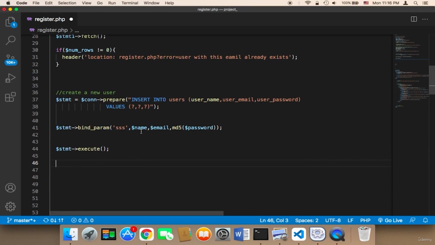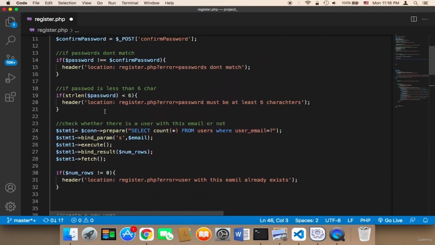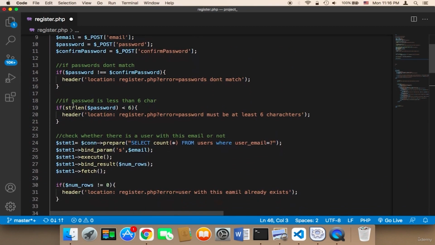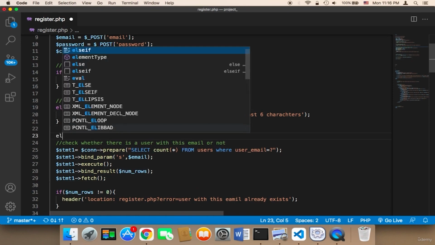But for now, what we want to do is that we need to fix the code a little, because the code now is getting complicated. So in order to fix this code, I'm going to say here if passwords don't match, then we are going to display an error. Here, instead of saying another if statement, I'm going to say else if the password is less than 6 characters, then I'm going to display another error. Here I'm going to say else